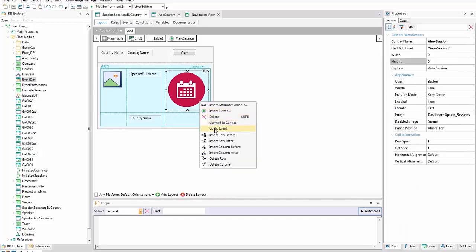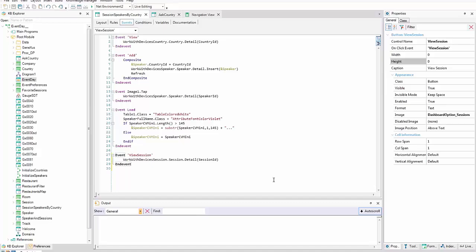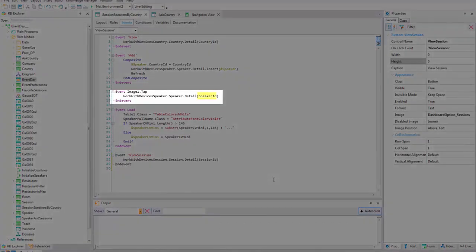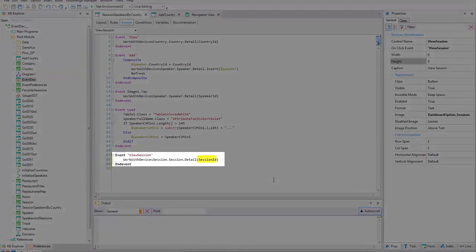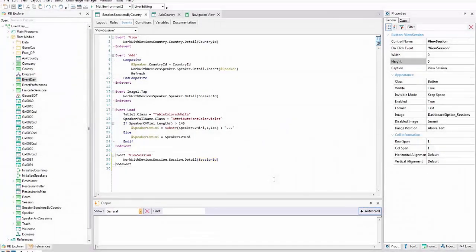We open the events. The first one uses the speaker ID attribute, and the second one uses the session ID attribute. Note that it first called the detail of work with device's speaker, sending it this speaker. Next, it calls the detail, but this time of work with sessions, sending it the session ID. Therefore, if we look again at the attributes we have: session ID, speaker full name, speaker CV mini, speaker ID,